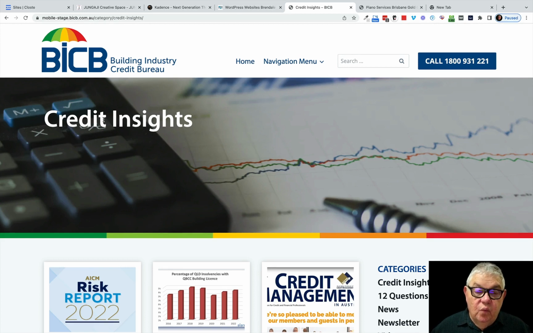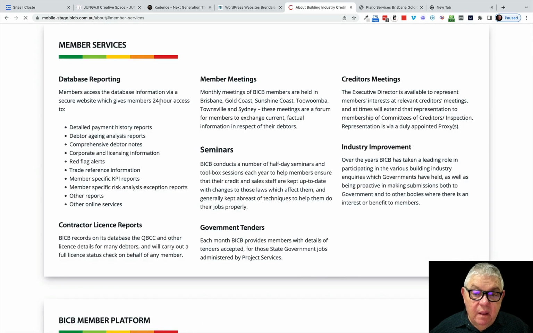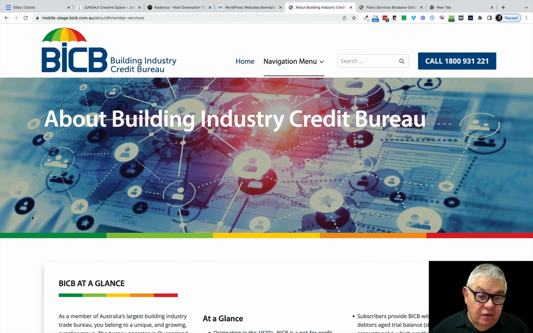So you go to any other page and it dynamically reads the page or the post title and fills it in here. And this element here, this little coloured line, 5-segment coloured line, is also a part of the element. So if we go to any other page anywhere on the site, like member services, we'll find this same element, here it is, different background, different page, same little 5-segment line,